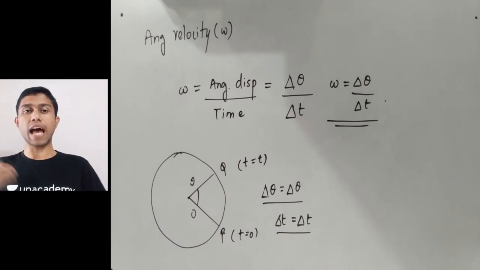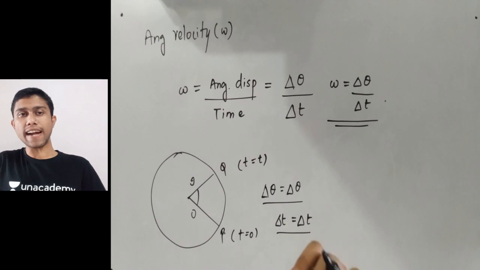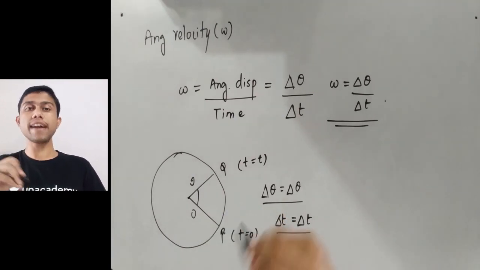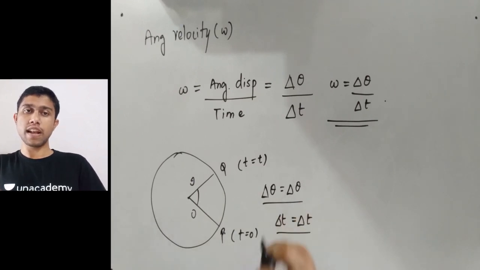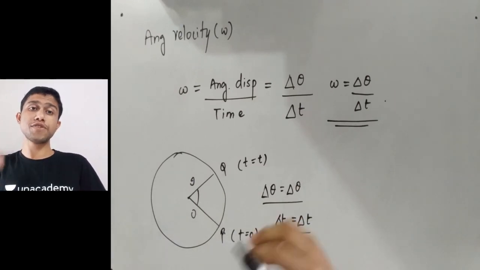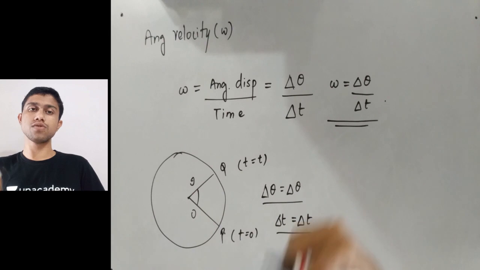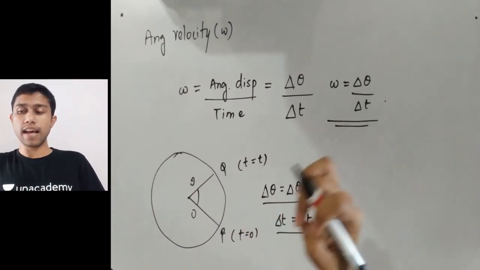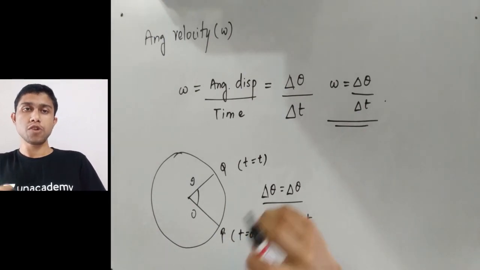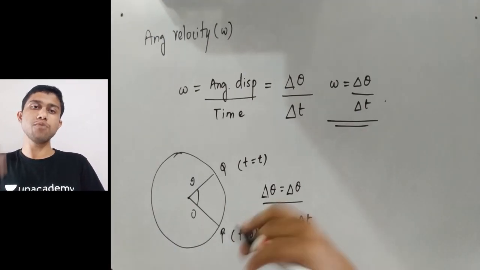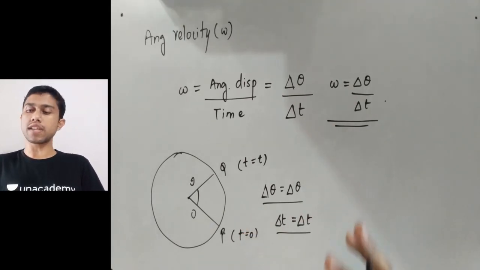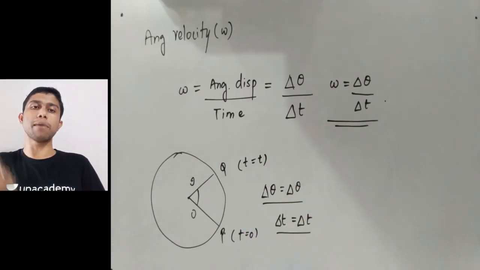But what will happen if this delta t, that is the time taken by the particle to start from P and end at Q, is very small, like infinitesimal, like 0.00000001? This is a very small timing and I can assume it to be near 0. In such cases we require a new mathematical concept which is called limits. Now we'll see what new type of formula we get when we apply limits.